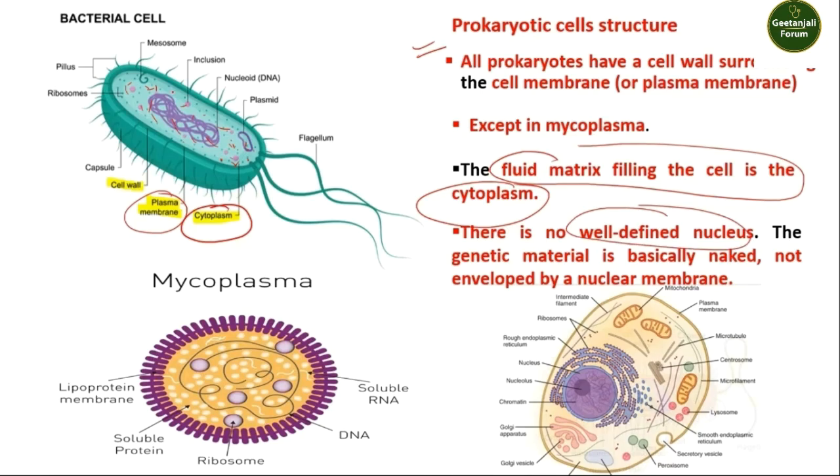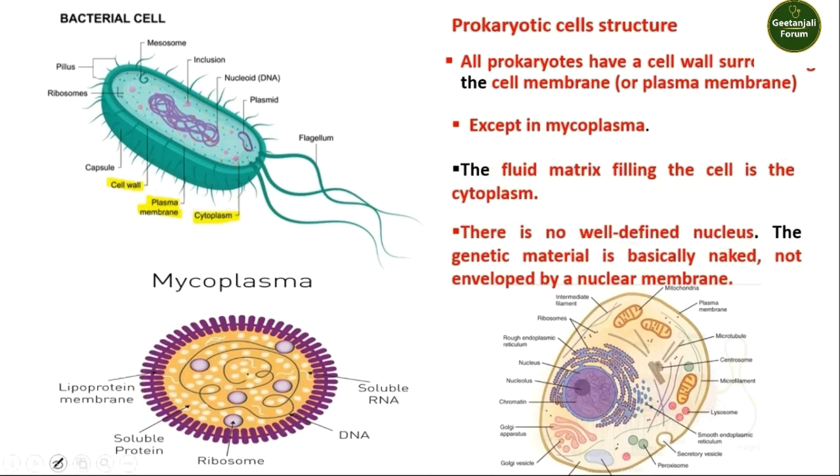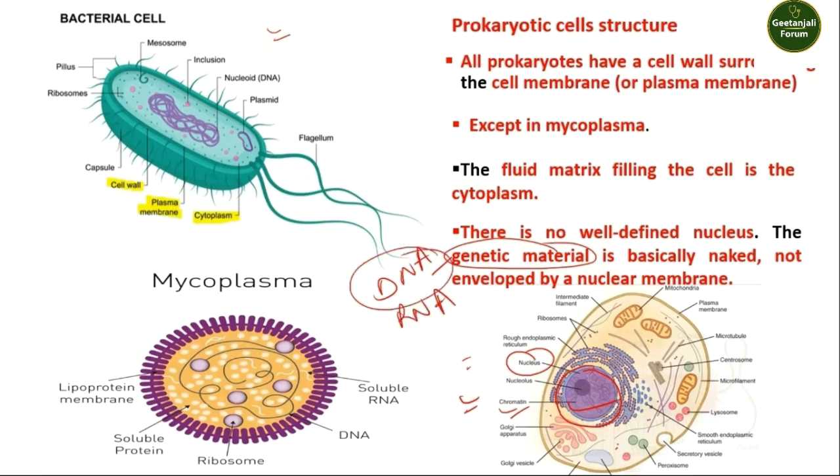Inside a prokaryotic cell, there is no well-defined nucleus. In this prokaryotic cell, you can't find any nucleus inside it. If you compare it with a eukaryotic cell, you will find a well-defined nucleus. This is the nucleus in this eukaryotic cell, but there is no well-defined nucleus inside a prokaryotic cell. In a eukaryotic cell, all the genetic material is found inside the nucleus. Genetic material means DNA or RNA. So DNA of a eukaryotic cell is present inside its nucleus, but in a prokaryotic cell there is no nucleus.